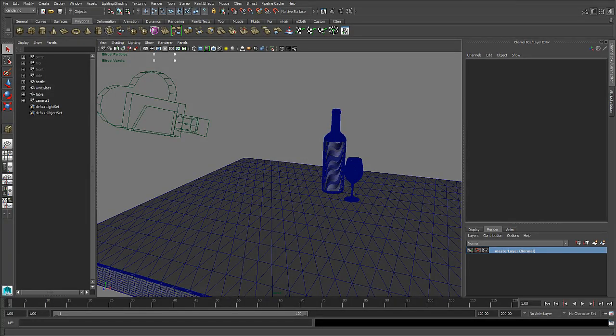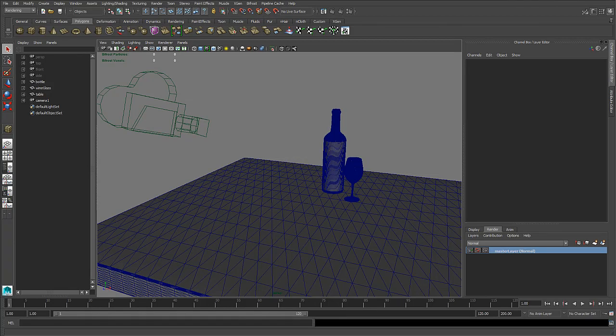Today we're going to take a look at Bifrost, which is the new fluid simulation system in Maya 2015. It's a revolutionary new way of doing fluids in Maya. A lot of people aren't familiar with exactly how to get a good simulation running. So what we're going to do in this tutorial is really do an entry level introduction to the Bifrost system. It's in no way a definitive study of Bifrost, and in future tutorials we'll definitely go into a